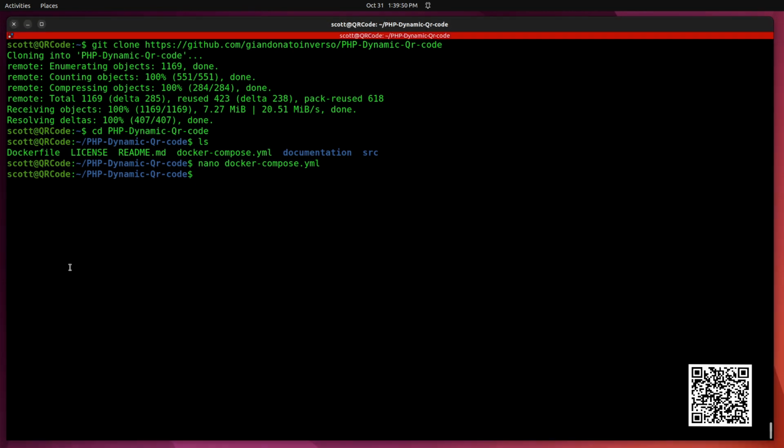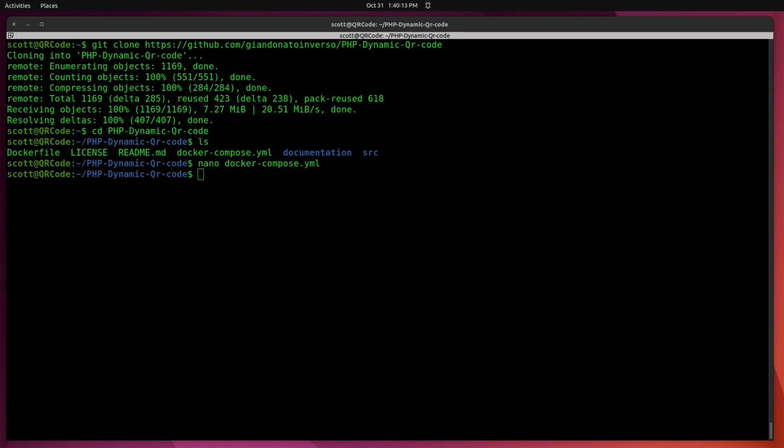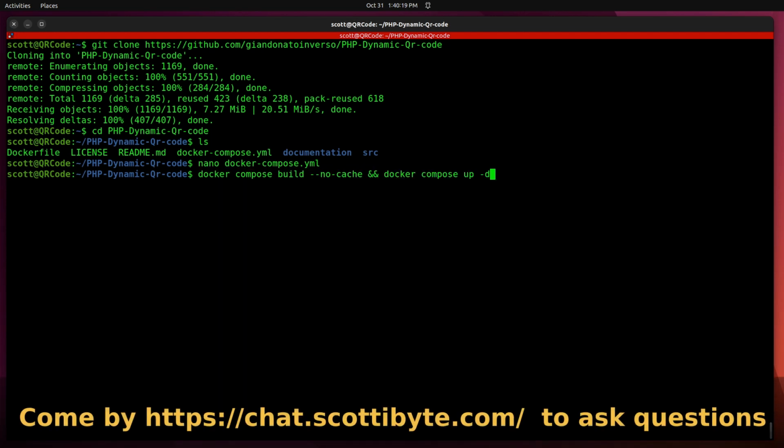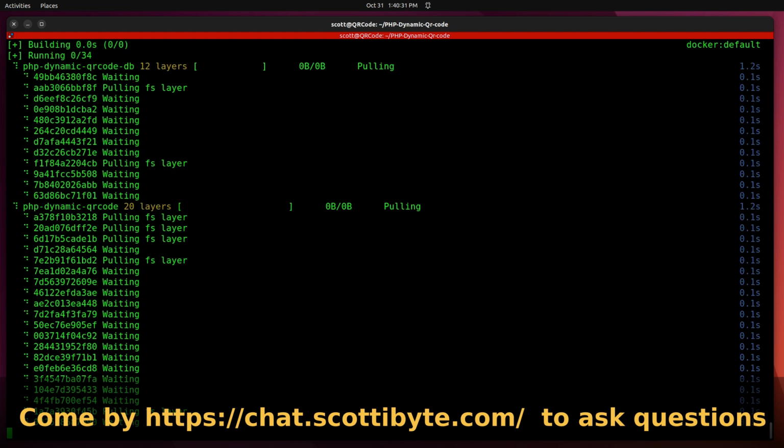So in this folder, you'll also notice that there is a Docker file, and that Docker file describes how to build this application, and it builds it from components in this source directory. So consequently, what we need is a Docker Compose build command in order to create the application. So we do a docker compose build --no-cache && docker compose up -d, and that begins to